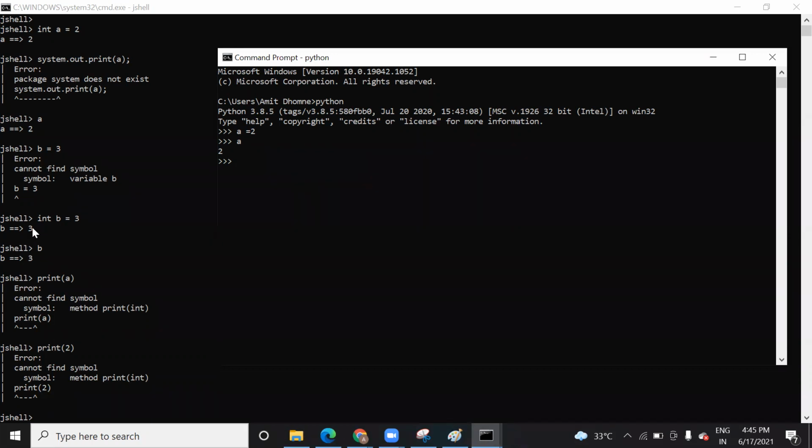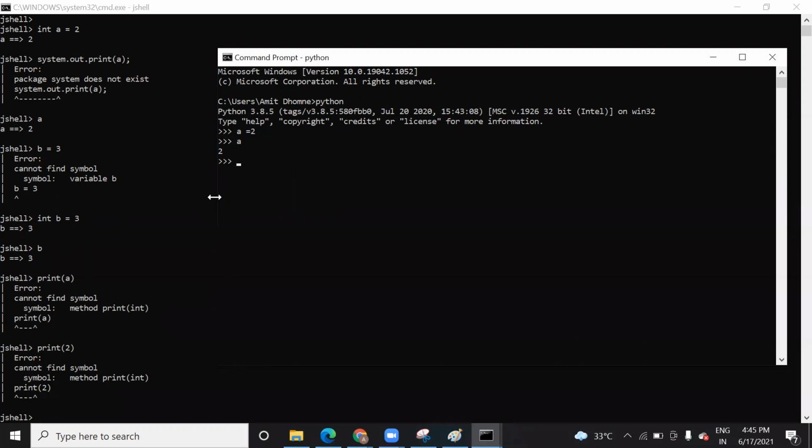Why? Because Python is a dynamic language. It finds the data type of a variable based on the data itself. But Java is not dynamic, it's a static language. However, dynamic in the sense that you can do many things in Java, but you need to declare a data type. Without a data type, it will not be able to find out what kind of data that particular variable is holding. So this is the difference.